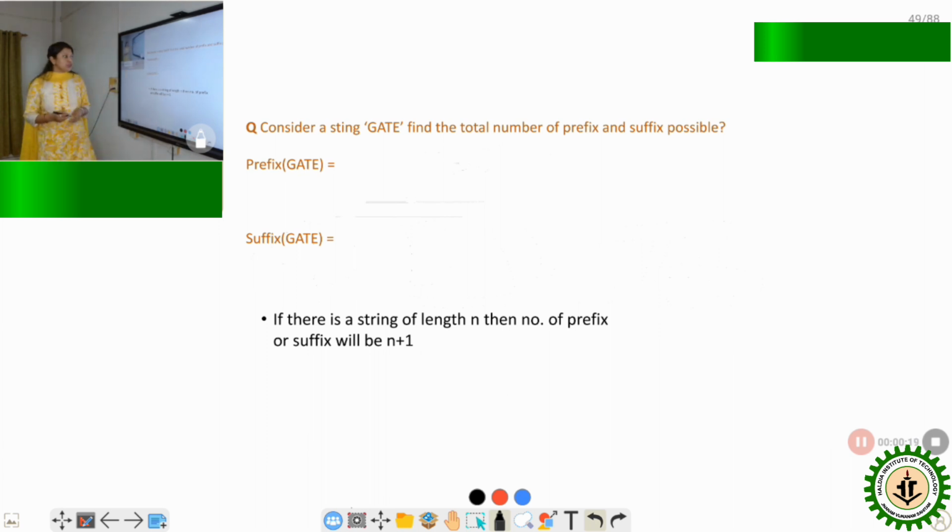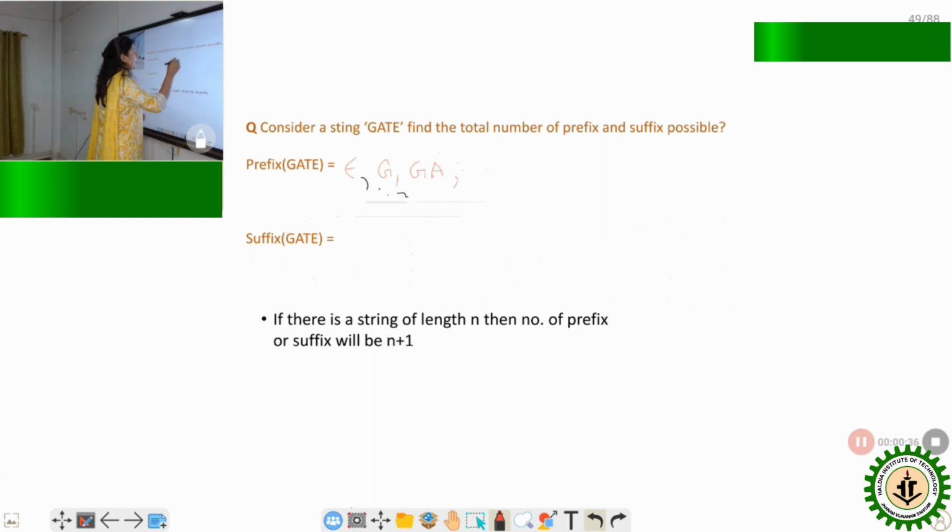So the prefixes of GATE will be, first, epsilon, that means the null string. After that it will be G, GA, GAT, and GATE. So that is the prefixes of GATE, and the suffixes of GATE will be, I mean the last part, epsilon, then